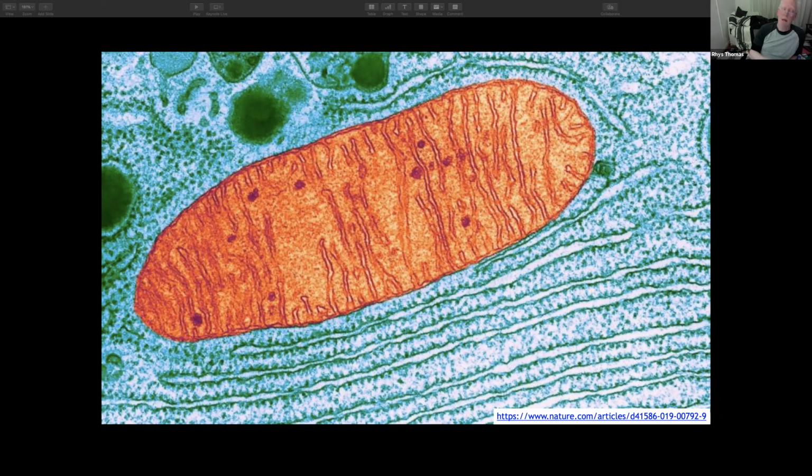So it's like a double bilayer in a sense, but then there's this intermembrane space as well. There are invaginations that you can see there called cristae that are designed to increase the surface area available for all the reactions and the oxidative phosphorylation going on. And then there's the matrix as well, which is the inside, which is the cytoplasm effectively, I guess,